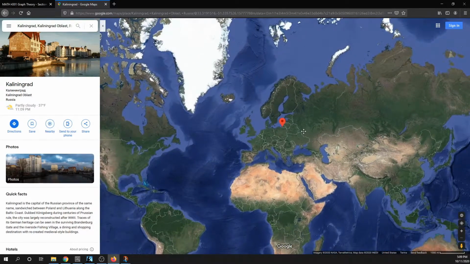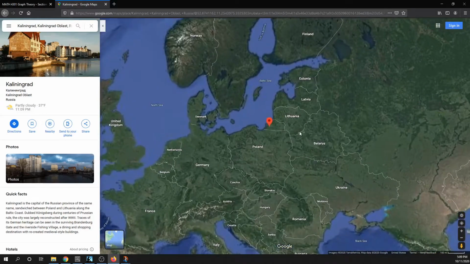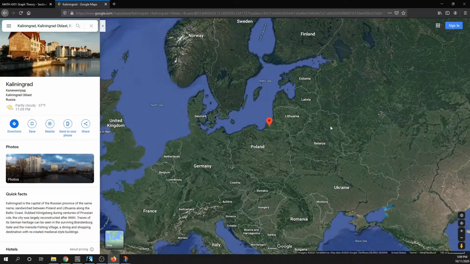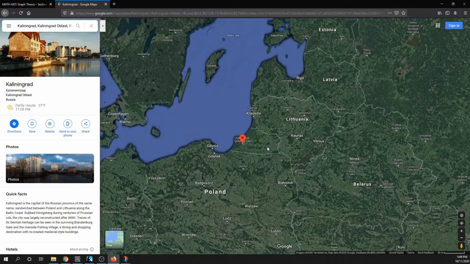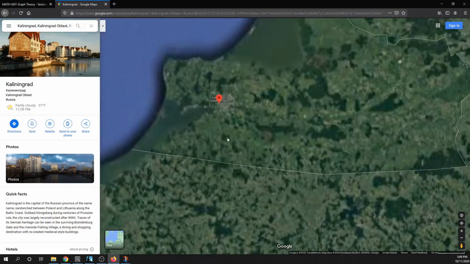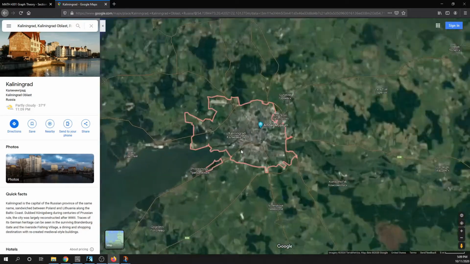I actually didn't realize that Russia had this small territory over here that's not really adjacent to the rest of the country. But anyway, if you look at this,